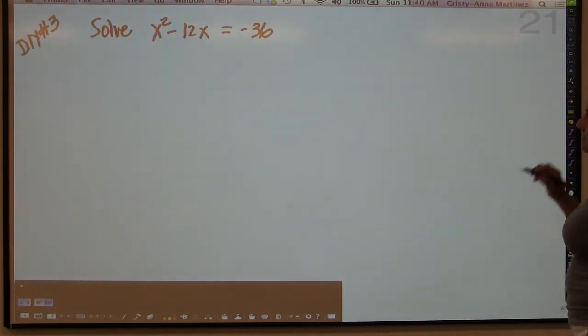So now you can try this last example. Remember to move the negative 36 to the other side first, and then you can factor it and solve for your two solutions. Once you've done that, you will have